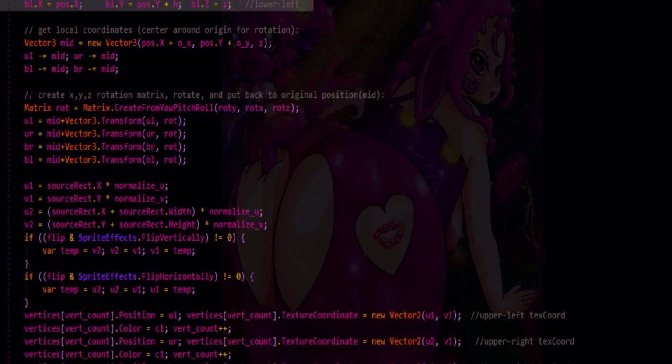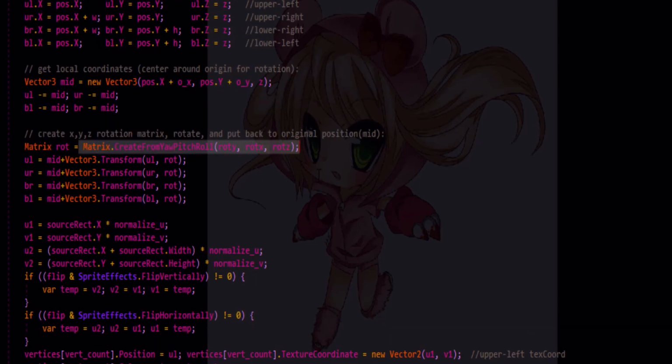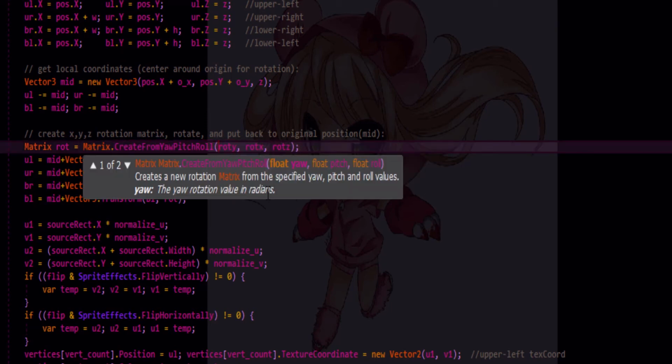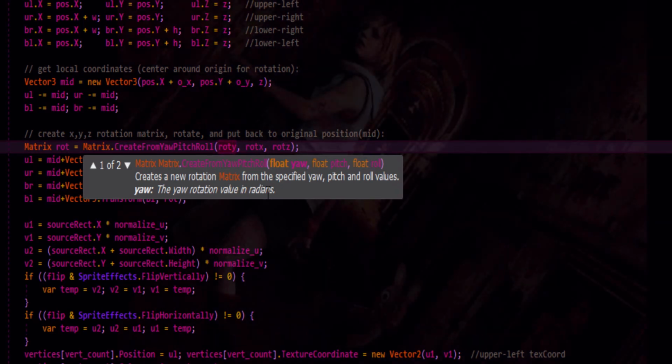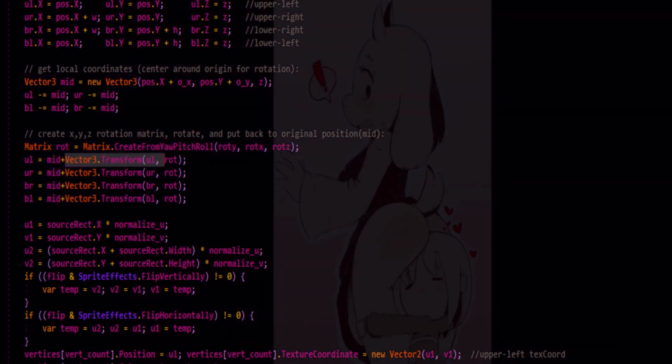To create a rotation matrix that rotates around y, x, and z, this kind of matrix works on the basis of rotation as I described it in previous tutorials. It's just in a matrix form. So we don't supply x, y, z like we normally do. We supply it based on yaw, which is around the y-axis, pitch, which is around the x, and roll, which is around the z. And then what we can do is a Vector3.Transform using this rotation matrix